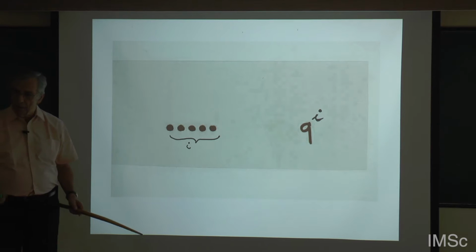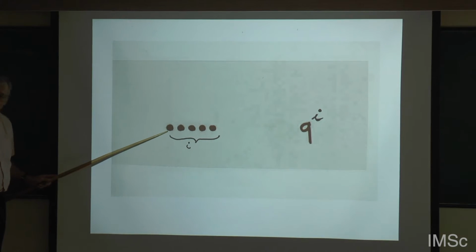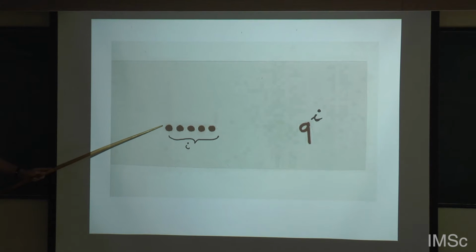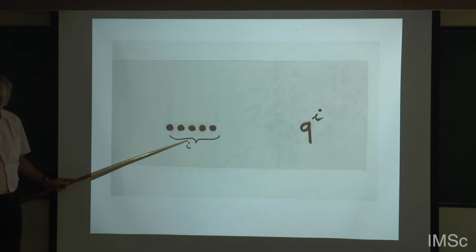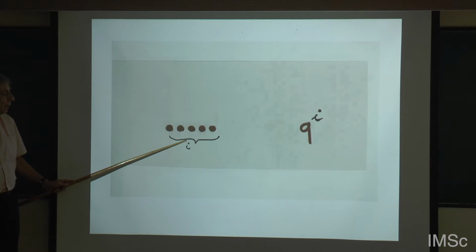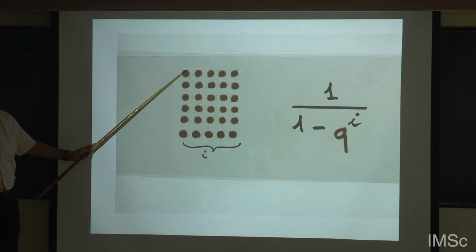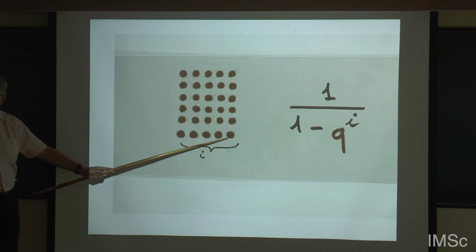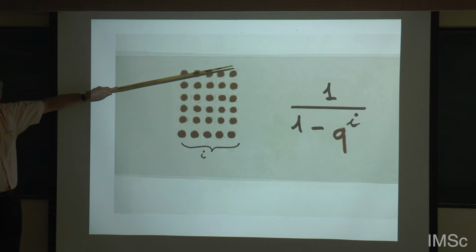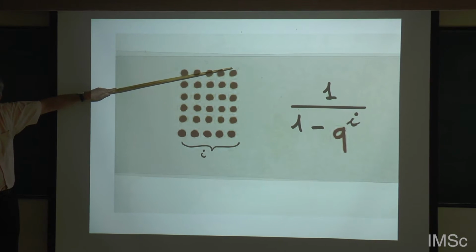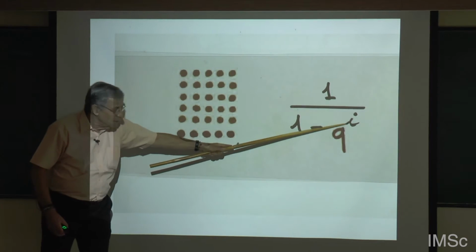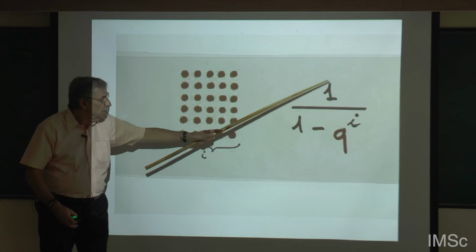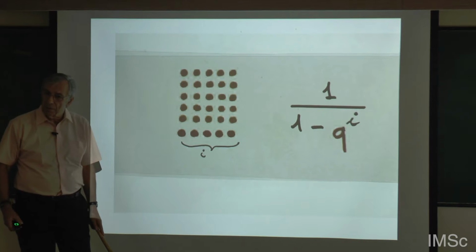So a partition, a Ferrers diagram, is formed of a certain number of rows. So there are 5 points in the row with i equal 5, and I associate a weight q to the power i, here i equal 5. Then what is a rectangle? A Ferrers diagram is formed by rectangles, so I have a sequence of rows. A rectangle with i columns is just a sequence of rows. And then there is, in what we call symbolic calculus in combinatorics, if you take a sequence of something, and if you know the generating function for something, the object, then the sequence is 1 over 1 minus the generating function of the object.